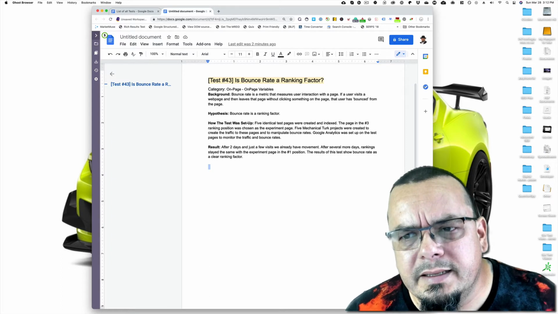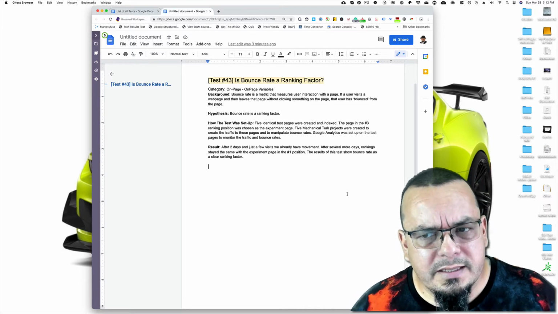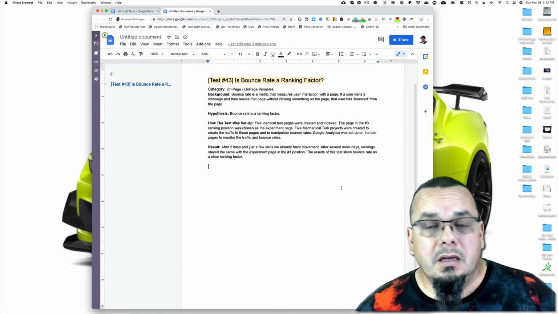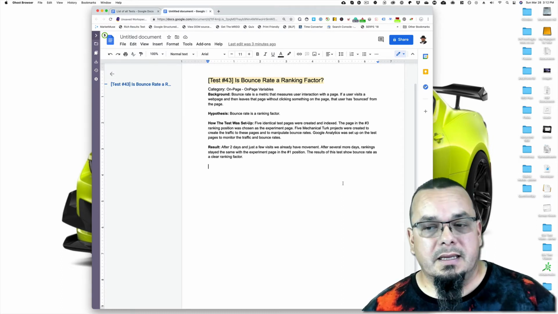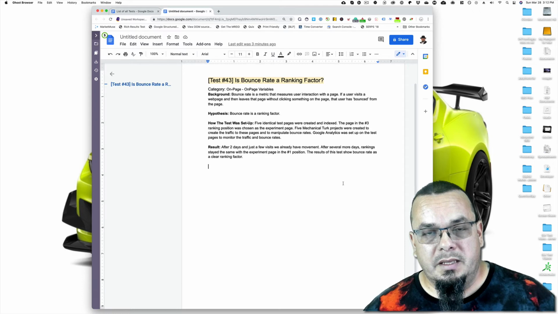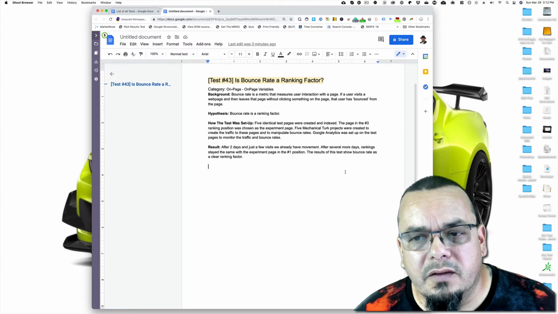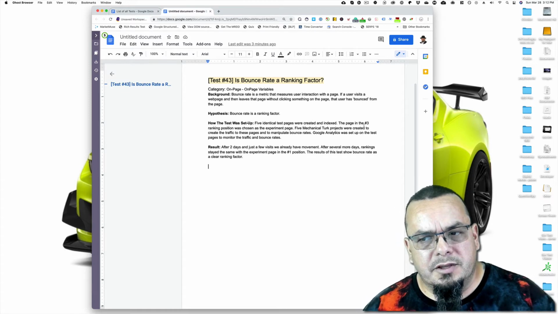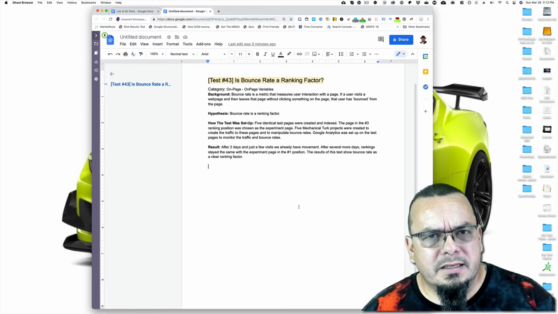So really, does all of that matter? And is it working? Now, this is kind of a test that would suggest that bounce rate is actually a thing, and that if you manipulate your bounce rate, you'll get higher rankings, and then it'll be considered a ranking factor. And honestly, even with this test, I'm not really convinced, just because of the way that it was set up. Five identical test pages were created. The third one was the experiment page, and then they sent Mechanical Turk projects to the web pages